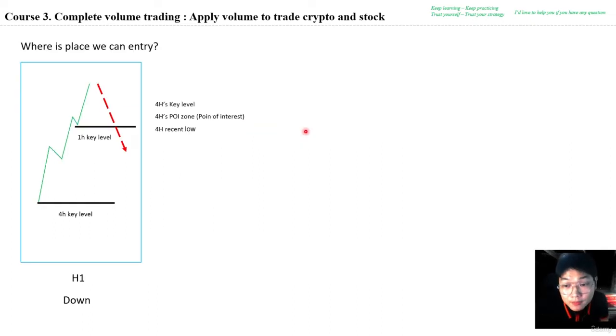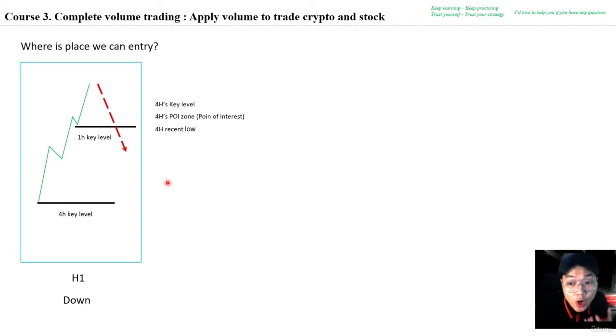So where is the best play we can enter? You already know that if price breaks out the 1 hour key levels, here are 3 plays where we can wait for price to come and enter following the market direction. But at this time, we can also follow the pullback in the 1 hour time frame. It means following the selling pressure at this time. That is the non-confluent strategy. But in case you want to combine with volume, you can use the confluent strategy. That is really nice and has the lowest risk for any trader, any investor.